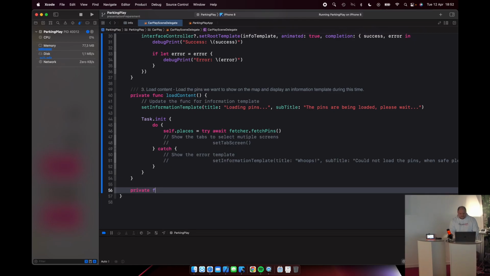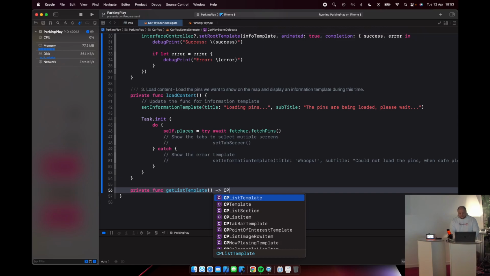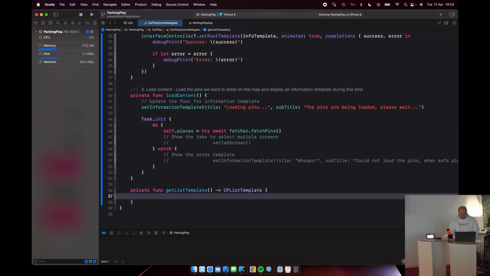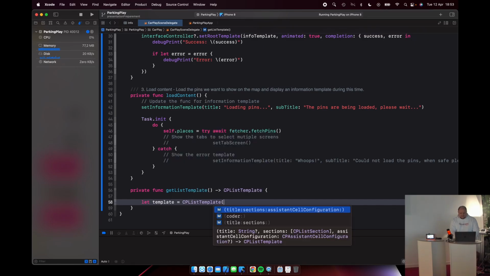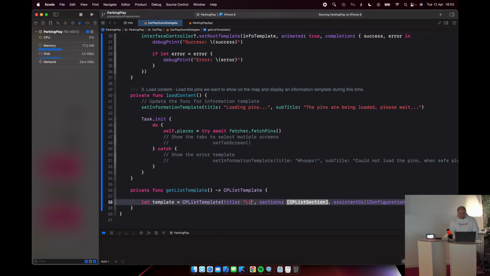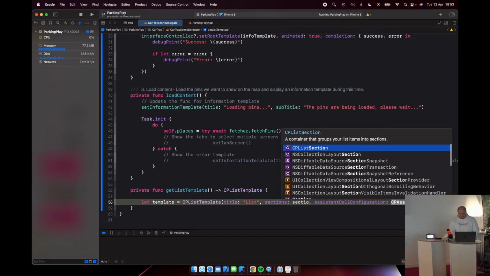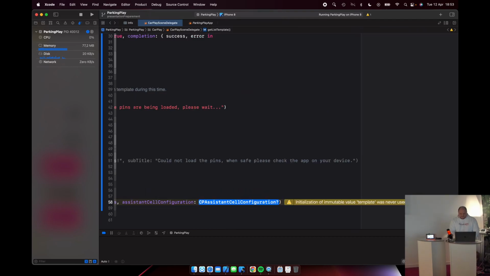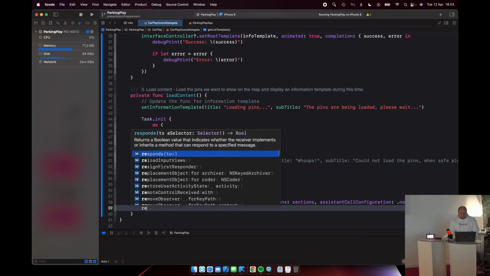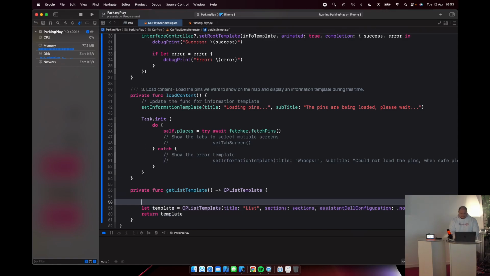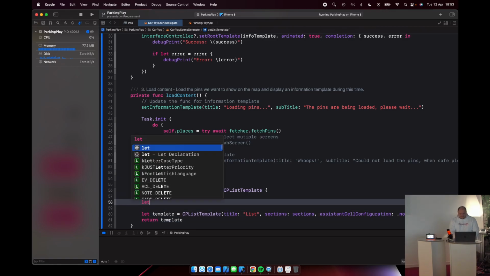So let's do a private func here, get list template, which will return a CPListTemplate. Let's create our template, which is a CPListTemplate that takes a title, let's call it list. It takes an array of sections, so let's call this sections and define it in a short while. We don't need assistant cell configuration, I'm going to skip that real quick, and we're going to return this template. Then we're going to create our sections here,